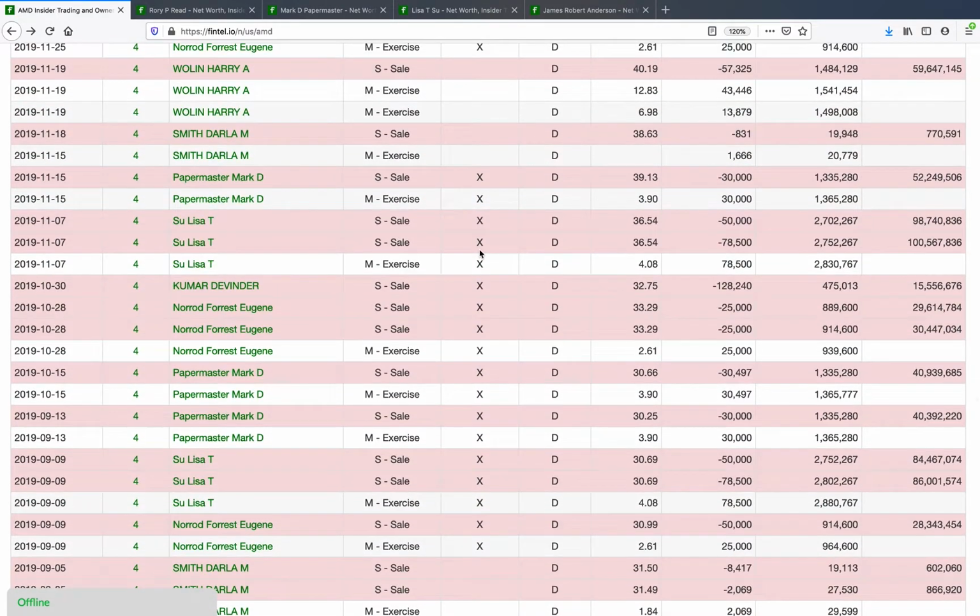Most insiders, most officers, I should say, get a significant portion of their salary or their income or their compensation from a company in shares. And so it is normal for officers and directors to want to sell shares in order to increase their income. It's also normal for them to want to sell if they know that there's bad news. So that's what we're trying to figure out. Now,